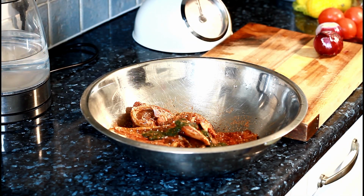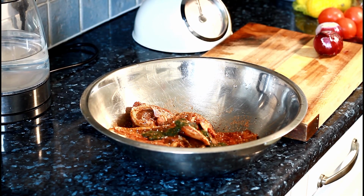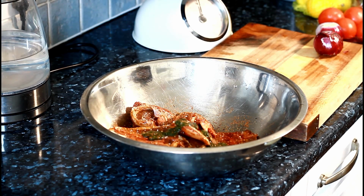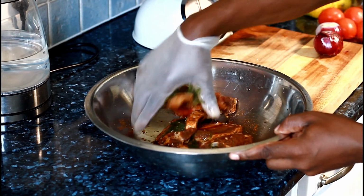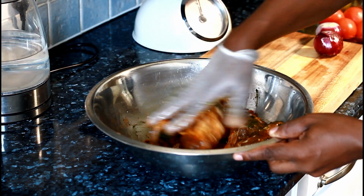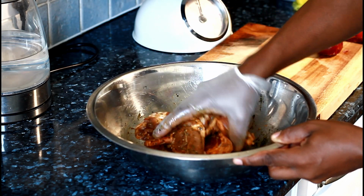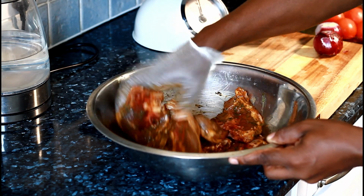Alright, so what we're going to do is just rub it in. Just rub it up like this. This is a lamb which I marinated already. You know, Chef Ricardo loves to make things look nice. Alright guys,